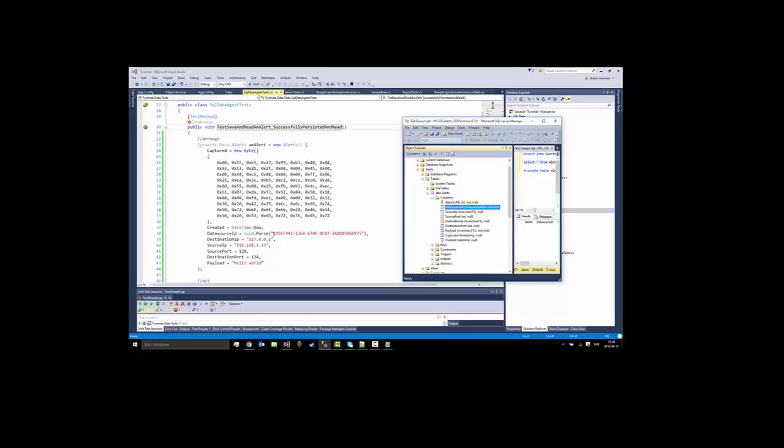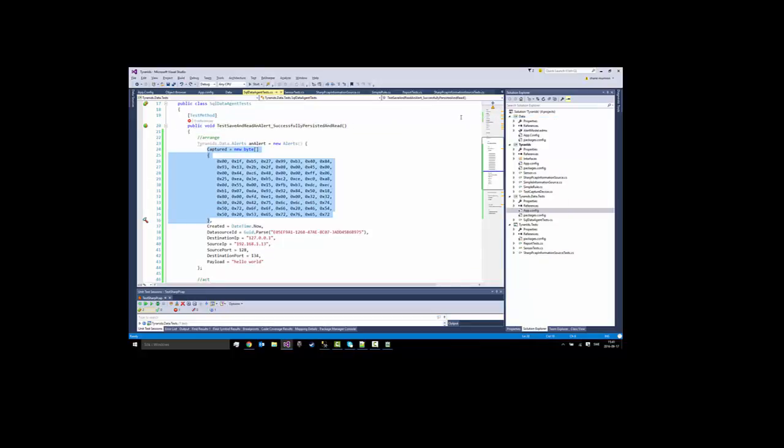And then we have the data source ID, which is a GUID, and then the source IP, which is a string. That's good. And a destination IP, which is a string. These don't go over the lengths. And then we've got the port numbers, and that's okay. The payload is a string, and the captured is a timestamp. But instead we created our capture here with a byte array, which is a bit of a miss. For the moment we can just set that to null